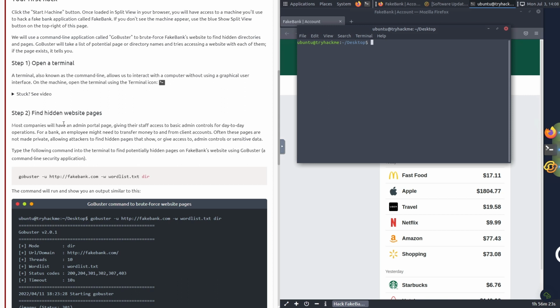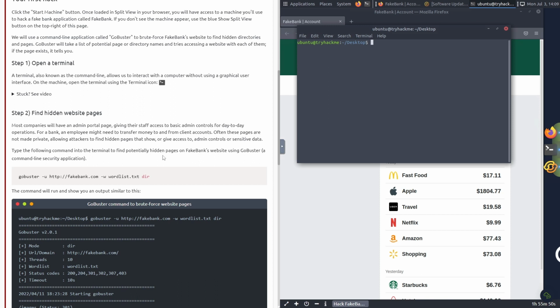A lot of the time this is what we like to call low-hanging fruit, where it's something that's very easy to find and maybe a very quick way to compromise the web application, because something is listed, whether it is an admin login page that you can try and brute force, or just some sensitive information about the application that can help you further your attempts at breaking into or exploiting that application. So with this, we're going to type the following command into the terminal